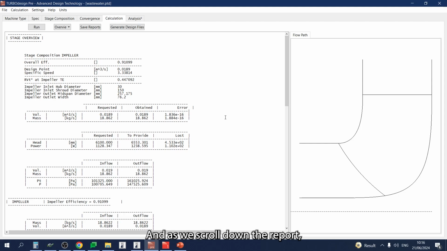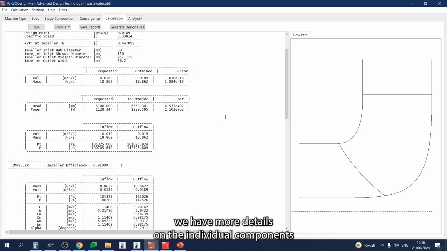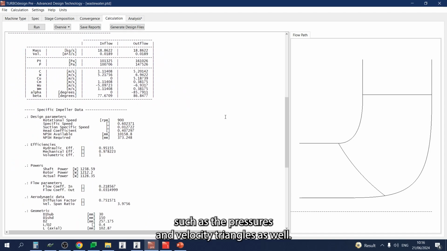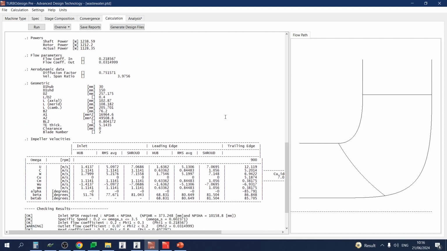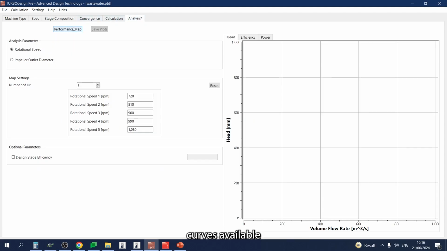And then as we scroll down the report, we have more details on the individual components, such as the pressures and velocity triangles as well. And then finally, with this button here, we can save all the files which will later be used for the 3D design of the impeller in TURBOdesign 1. And we also have these performance curves available,